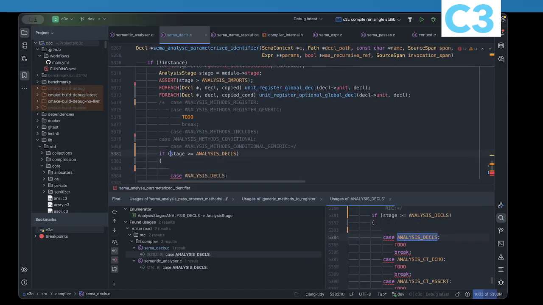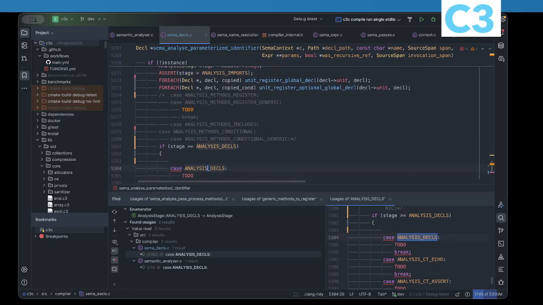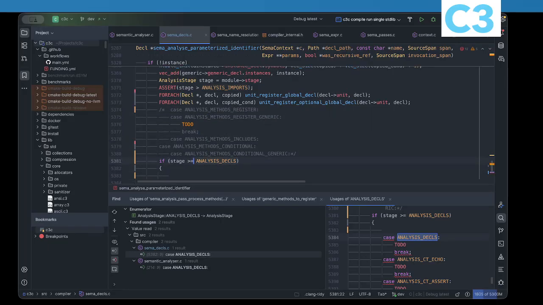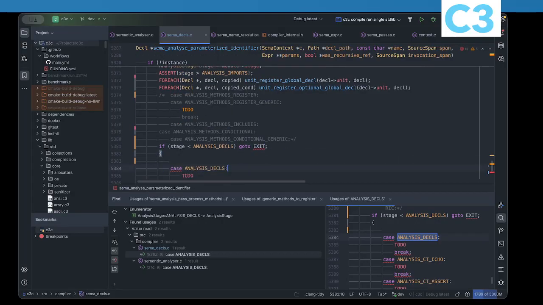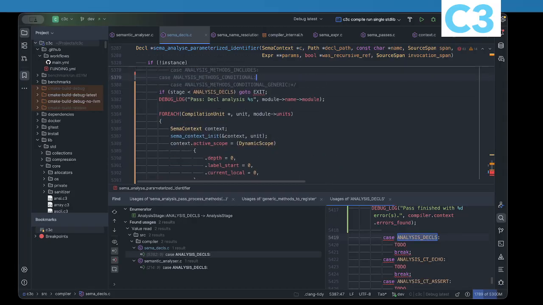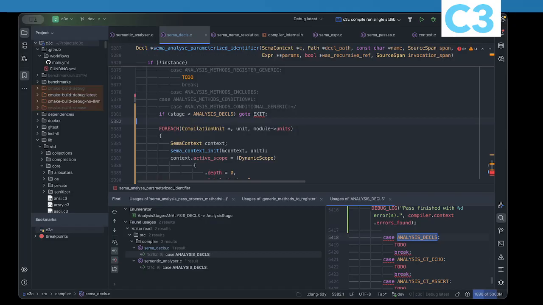If it's not, hang on, we can just jump. If less than, then go to exit. We haven't defined exit, but let's do it like that. This is the nice thing about goto. You can wrap this now in a do while, then we'll get some break. Anyway, instead of going for each, for every unit, we are going to go through